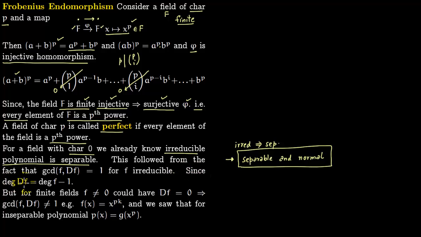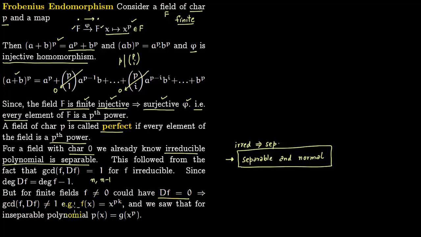The degree of the derivative is always the degree of f minus 1. So if the degree of f is n, then the degree of df would be n minus 1. And n and n minus 1 are coprime, and that is what led us to the greatest common divisor being equal to 1. But for finite fields, if you have a non-zero polynomial, you could still have the derivative be 0. That would imply that the greatest common divisor of f and the derivative of f is not 1. So you cannot simply show